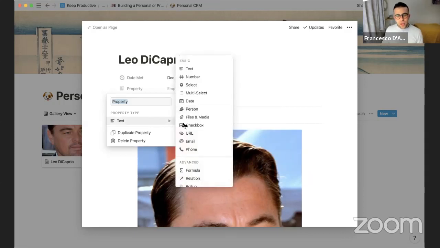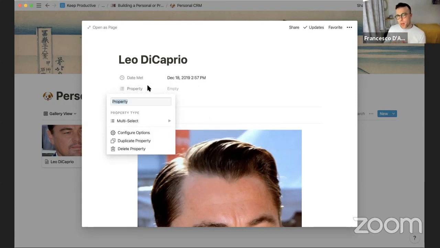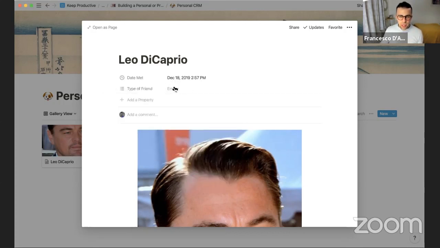So what I could do is add a multi-select, because once you add more and more friends to this, you may want to break it down, whether it's a friend, family, or workmate. It feels weird doing a personal CRM, if I'm honest. So in this case, I'm going to put type of friend